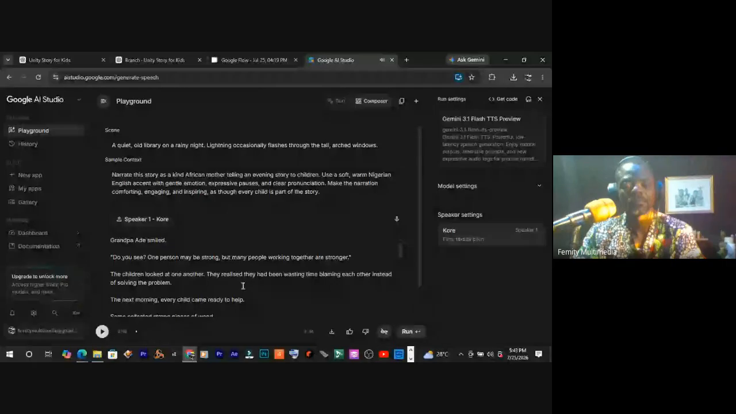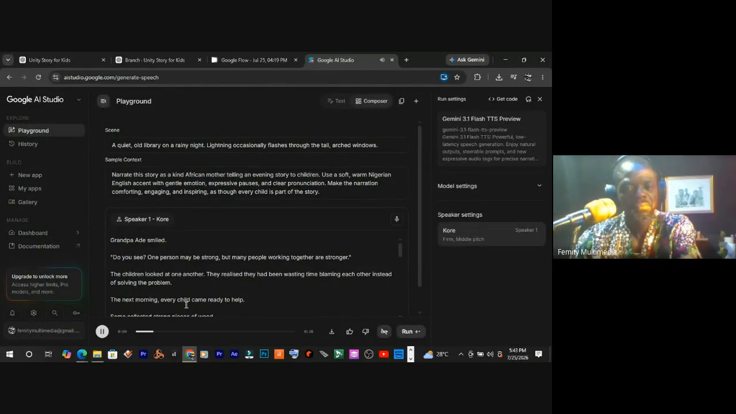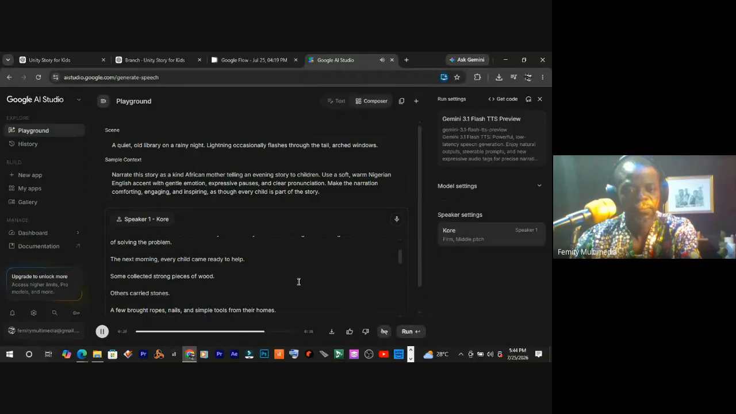Okay. It has generated another 30 seconds. Addy smiled. "Do you see? One person may be strong, but many people working together are stronger." The children looked at one another. They realized they had been wasting time blaming each other instead of solving the problem. The next morning, every child came ready to help. Some collected strong pieces of wood. Others carried stones. A few brought ropes, nails, and